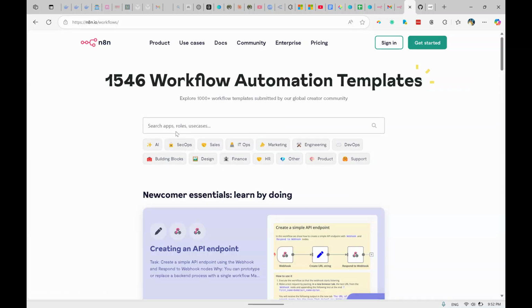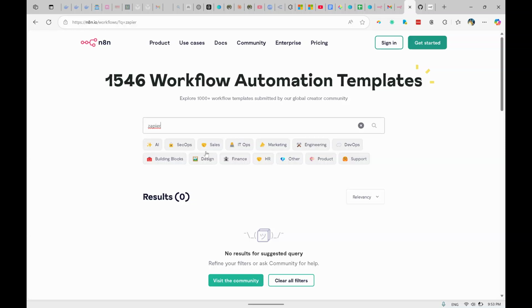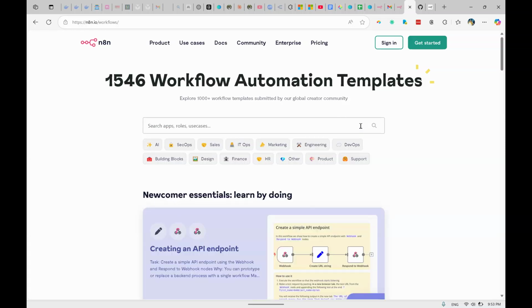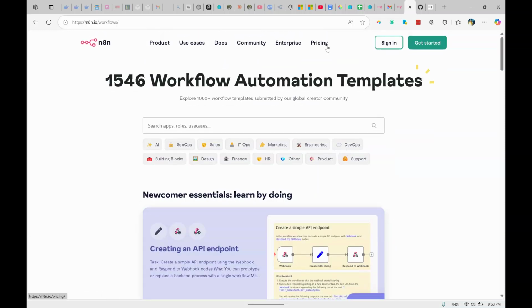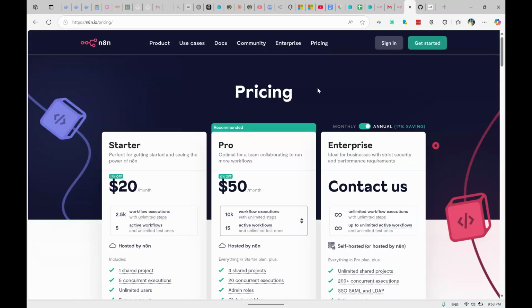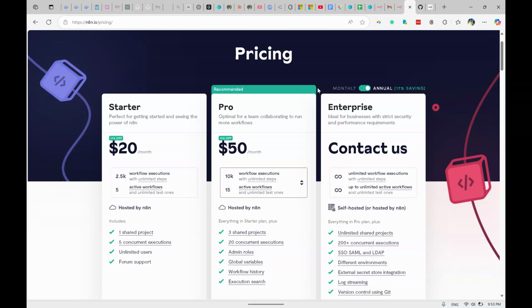So over here, I wonder if they have Zapier integration. So Zapier. And it doesn't look like it. They want you to kind of be in your own ecosystem, but I'll show you how to combine it with Zapier as well. So the pricing, obviously, this is a hosted model, so you don't have to spend anything, but hosted by N8N,